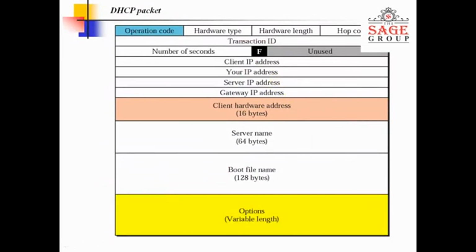Gateway IP address is the gateway of that IP address scope. What do you mean by scope? Scope is a bunch of area. Suppose we say that in IT there are four sections: first year, second year, third year, fourth year. Suppose we have the four year course. So there are 4 sections.